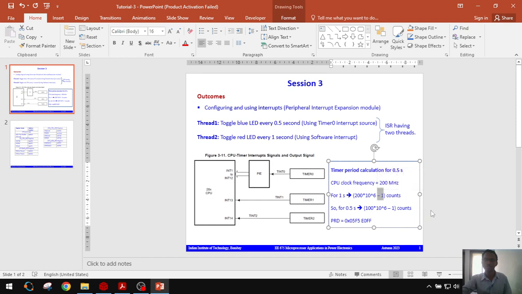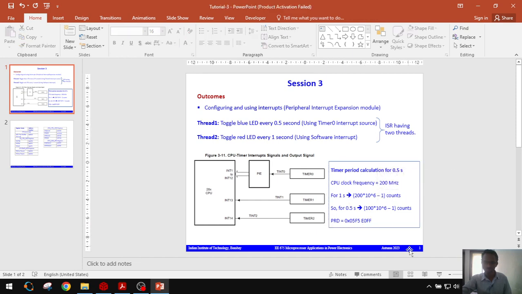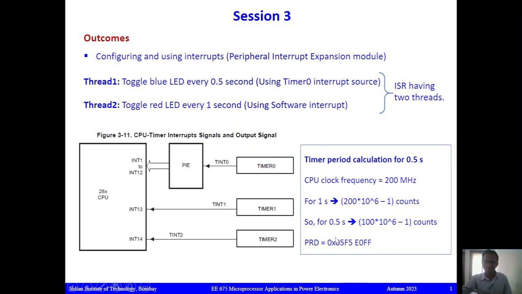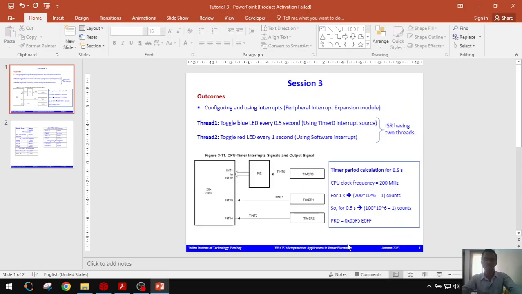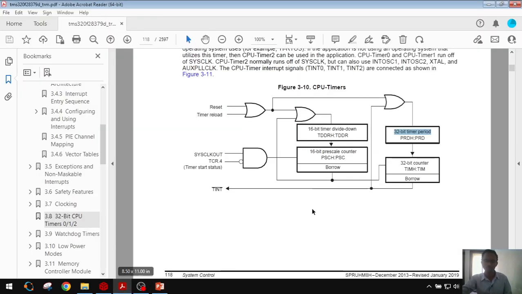In this way for 0.5 seconds we have to count this many counts. The hexadecimal equivalent number I have mentioned here. This one we will load into the timer period register. That's it. Now we will go to the